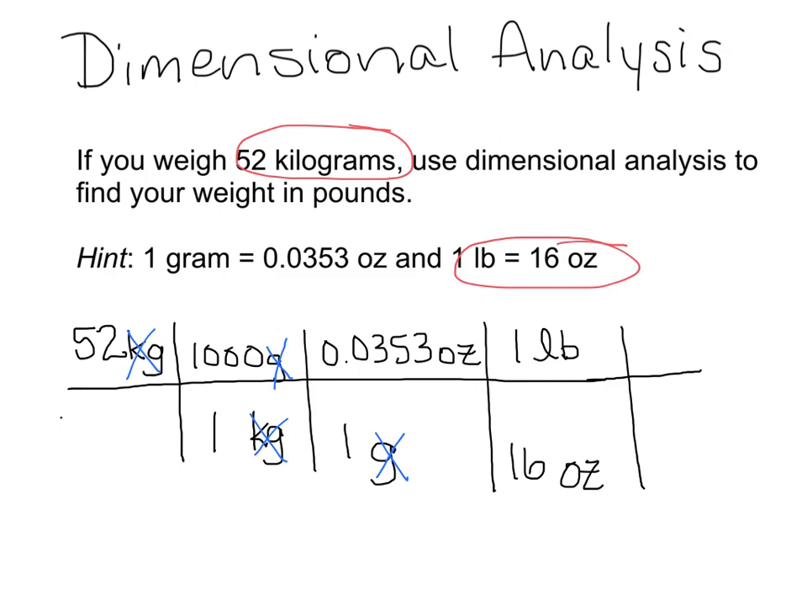Now my ounces cancel out, and I am on my way to an answer in pounds. I don't need the rest of this line here, so I'm going to erase it, write in an equal sign, and I simply do my computation. I'm going to end up in the unit of pounds. Now when I multiply 52 times 1,000 times 0.0353 ounces, I get